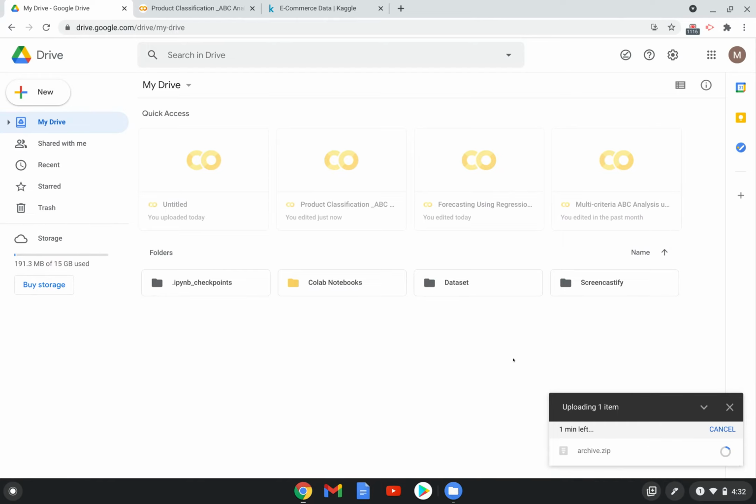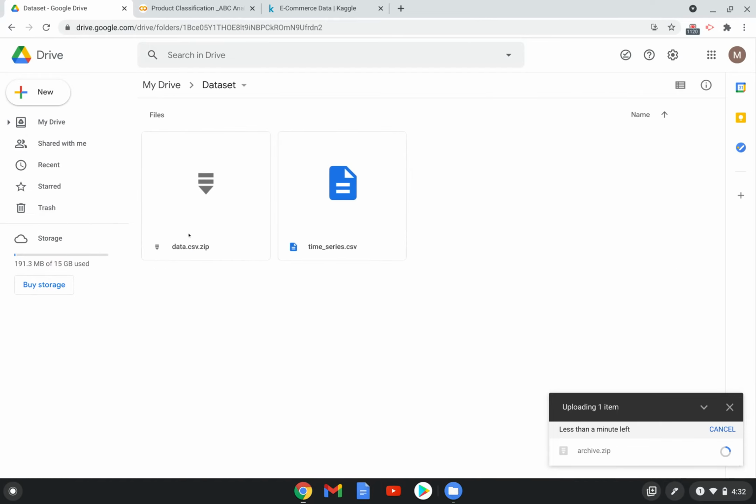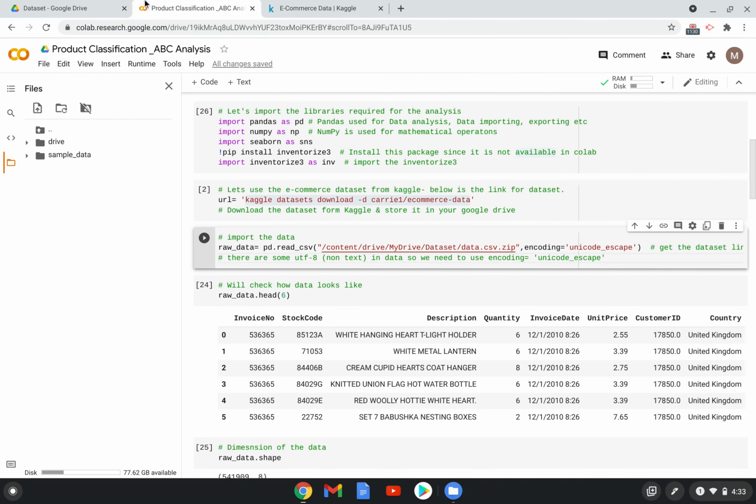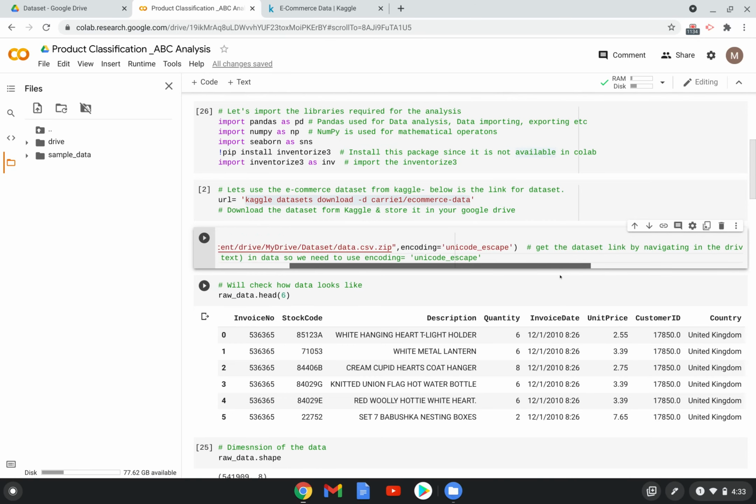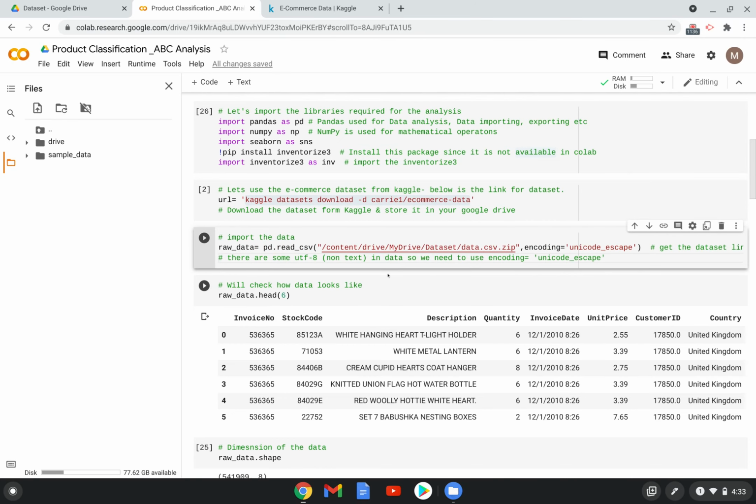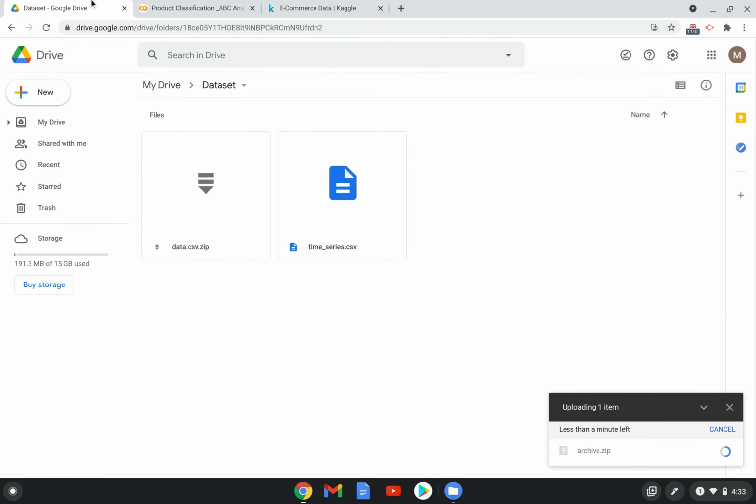I already have the data set right here, data.csv.zip, which is the same file. But let it get uploaded, then I can show you that, guys. It is taking some time.